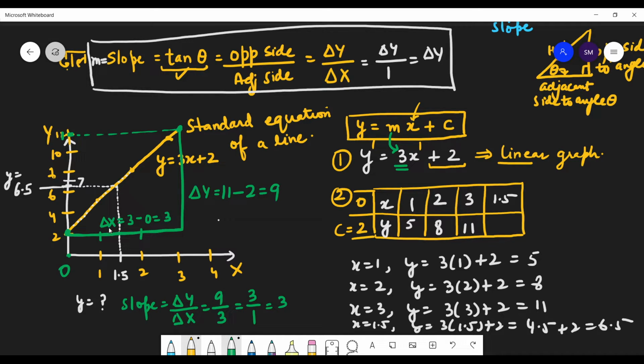So have you understood the meaning of change in x-axis, or change in y-axis, whatever it is? See, this was your first observation, y1. You started from here, and this is your second observation, y2. The final observation y2 minus the first observation y1 is delta y. So change always means final minus initial. This is the meaning of change.